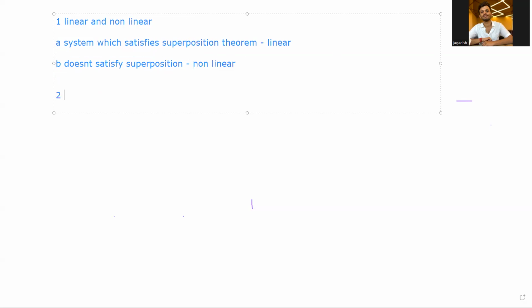The second will be your time variant and time invariant system. What is the definition of a time invariant or time variant system? A time invariant system is a system in which